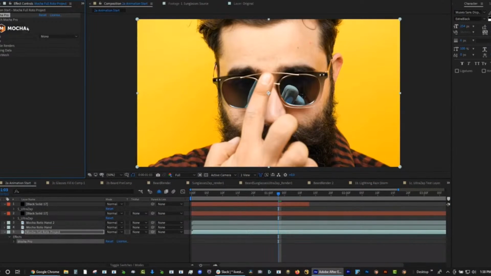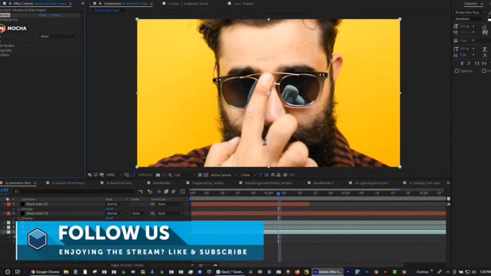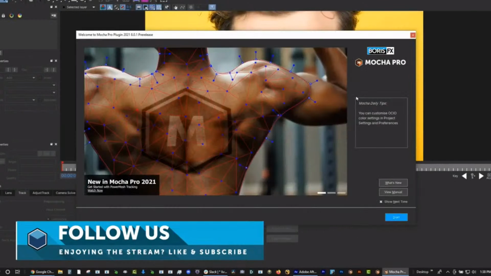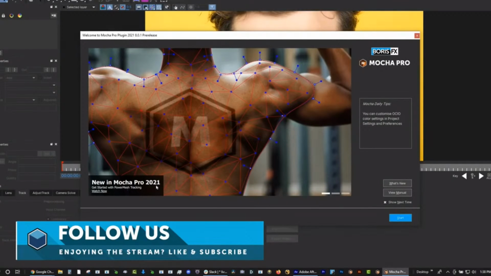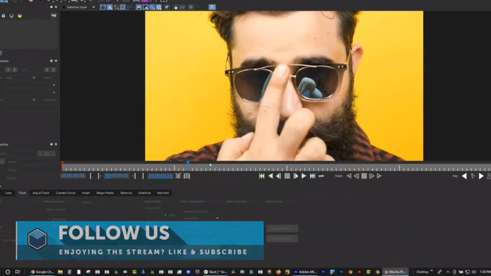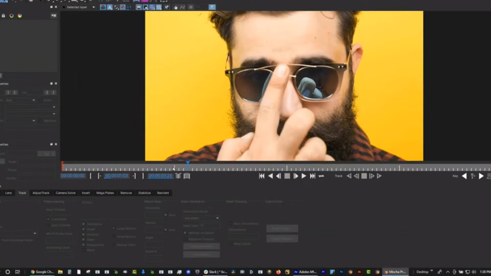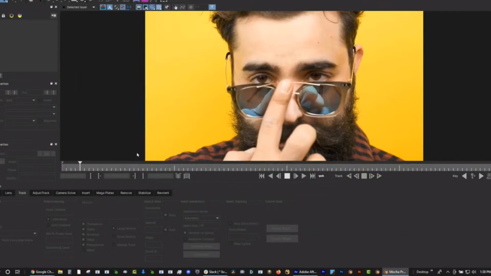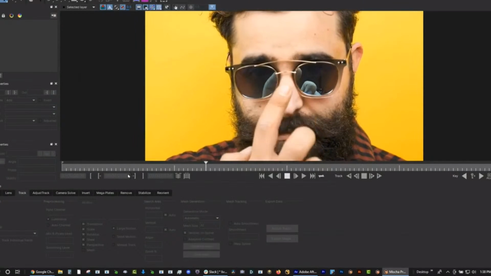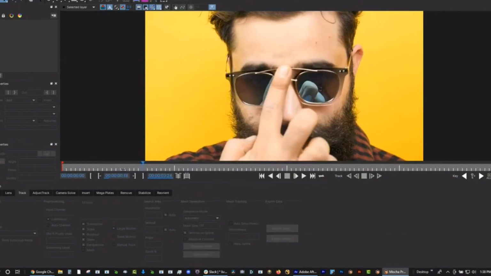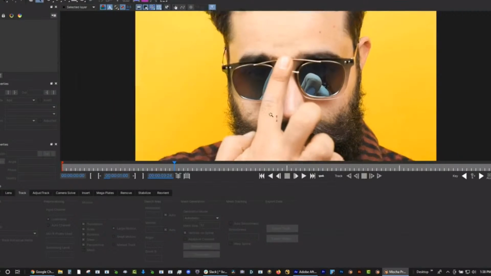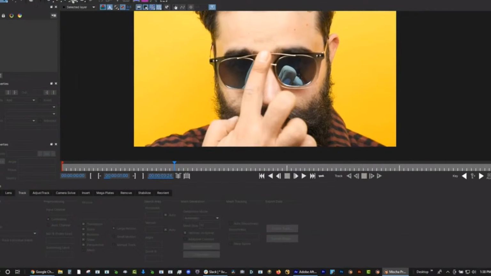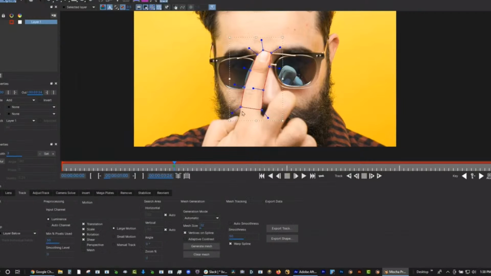So to get into the Mocha interface, you basically just hit the Mocha button. It will take a second. Just bear with me for a second. And you're going to see here that this is Mocha 2021, which just shipped very recently. And Mary, after this demo, is going to be showing you some deeper Mocha tips, and probably cover Power Mesh as well. But I'm just going to show you how we might rotoscope and start creating some interesting animation using Mocha. So I'm using my X-spline tool here,